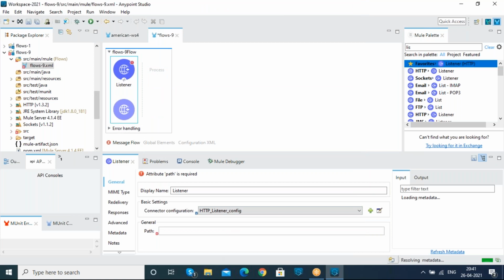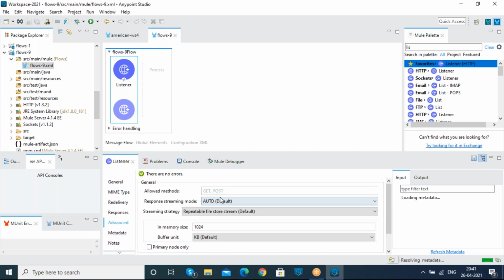We are naming the end path as slash main, since we are designing the main flow over here. And under the advanced, I'm moving to the GET method in order to get the total data as our response.